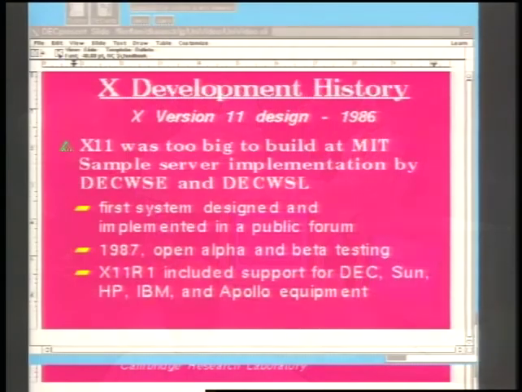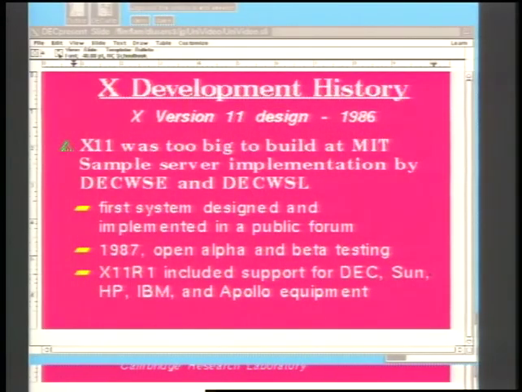For X version 11, given the time constraints, since X version 10 was already becoming a commercial product, we had relatively little time to design and implement a replacement to fix the many problems we knew of from our earlier experience. And it was too much for us to consider doing directly at MIT. I made a proposal to Digital management to implement X version 11 mostly in Digital, and we implemented it and gave it back to MIT, where it formed the nucleus of the